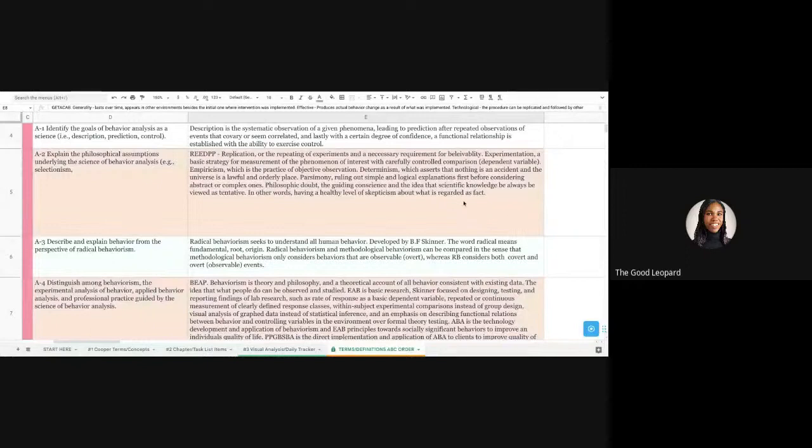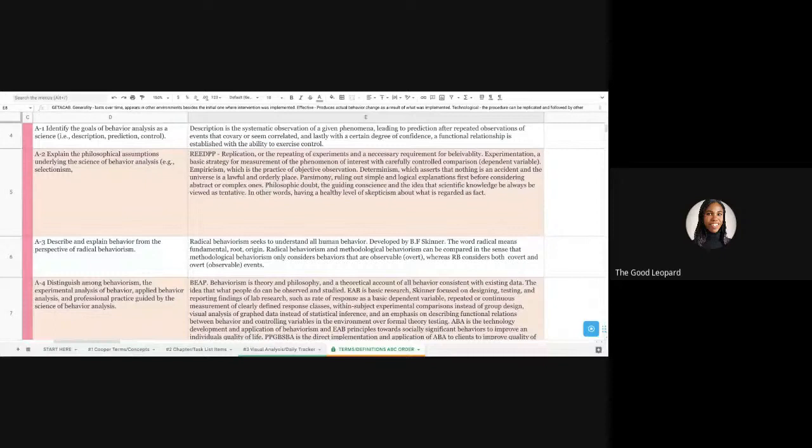So moving on, we did R, we did E, which is replication and experimentation. Now the other E, which is empiricism, which is the practice of objective observation. You're looking at whatever you're looking at within a very objective lens. You're not just putting random stuff. Are you being objective? Are you accurately documenting what you see and what you're experiencing? It's very evidence-based and scientific. So think about that: empiricism is very evidence-based, as a matter of fact.